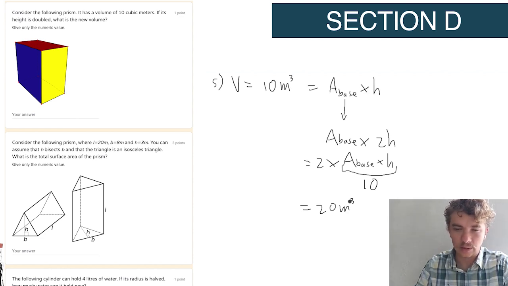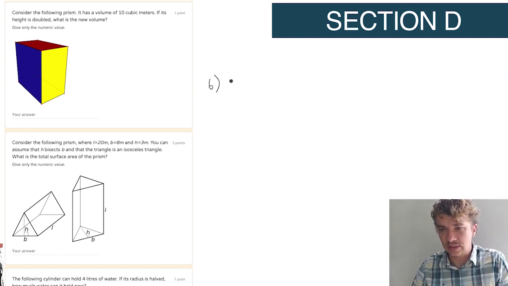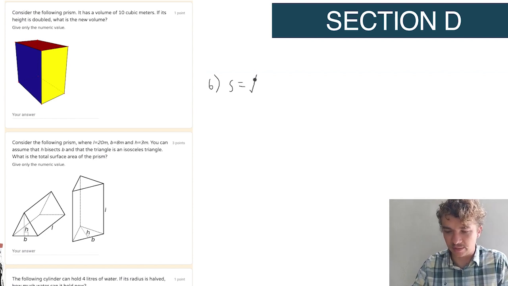Okay, now they haven't given it to us, but don't panic, because we know that H is perpendicular on B, it bisects B, and you should actually now need to use Pythagoras. So this missing side over here, I'm just going to call it S. So we know that this missing side S is equal to the square root, by Pythagoras, of h squared plus,